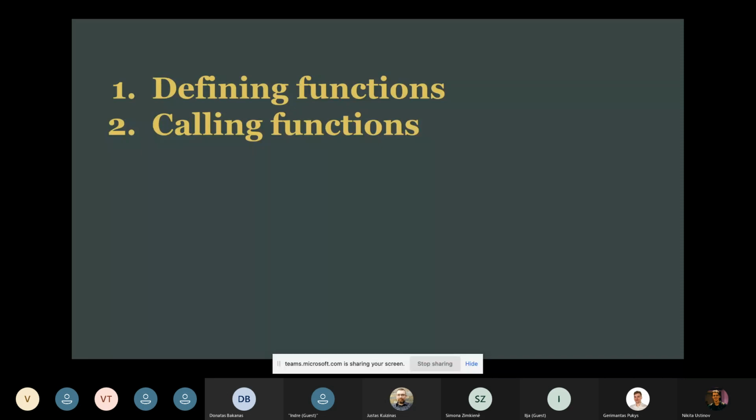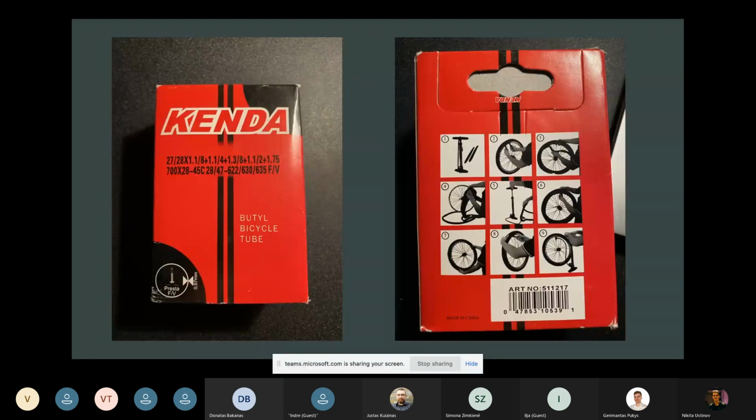A function in JavaScript is a block of code which helps us to solve some problem. When I'm starting to explain technical things, I like to draw parallels with the same things in real life. When I was preparing this lecture, I started looking around my apartment, in my room, for a good example of a function in real life. And I found this. So this is a bicycle tube itself. You can see what it is. And on the other side, there is a sequence of actions you need to perform to have a new tube